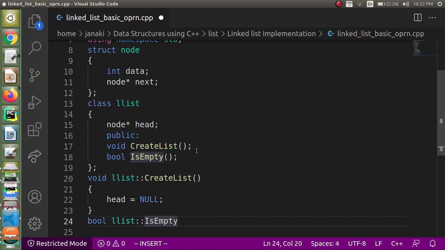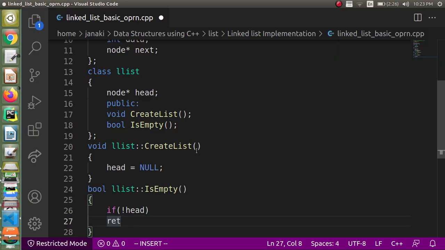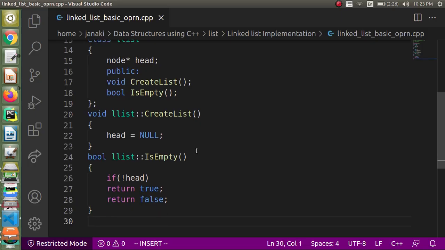And we are going to define the function. How will you define it? If head is null, then it will be false. Null is false in C and C++, okay? So how can I do is if not of head, right? If the list is empty, head will be null and not of head will be true, okay? So in this case you can tell return true, okay? And next line we can tell return false, because if the condition was true, then this might have executed and so on.